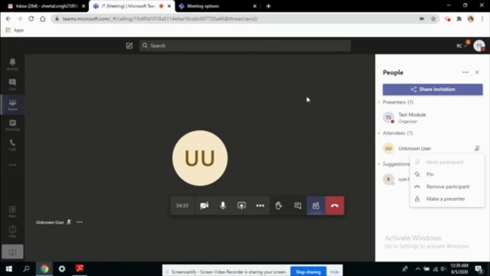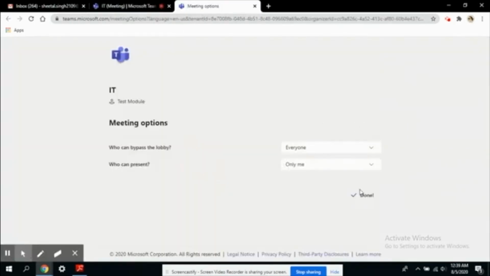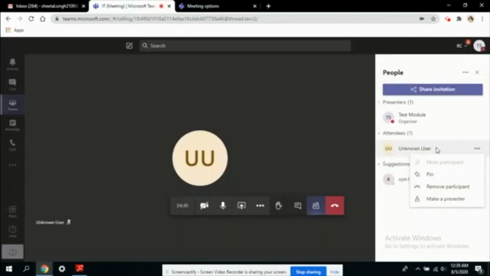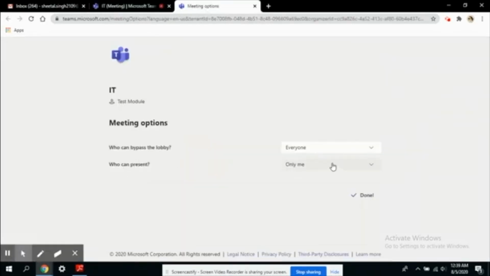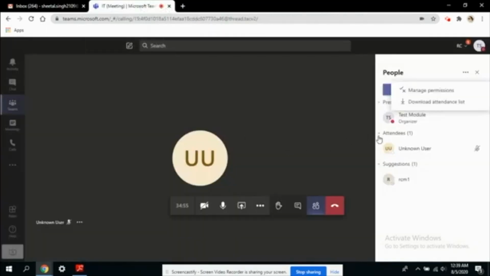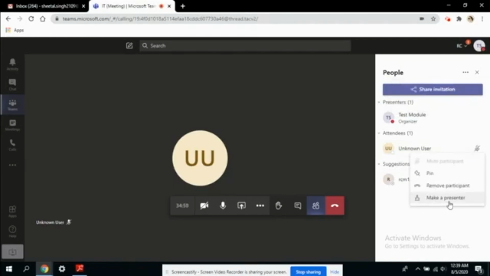Otherwise you can make them attendees by just clicking on this meeting options, rather than clicking on each and every participant and making them an attendee. So this will save you a lot of time. When you start the meeting, just go to manage permissions and set up the who can present option. Alright, now you can again make him a presenter if you want to.